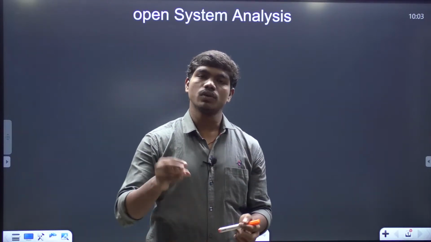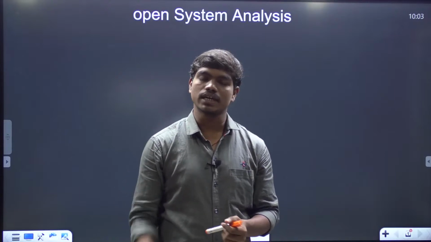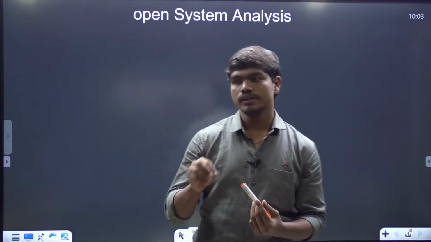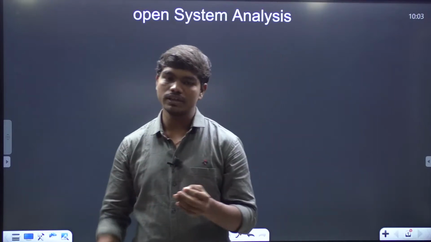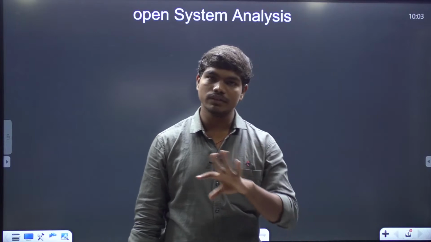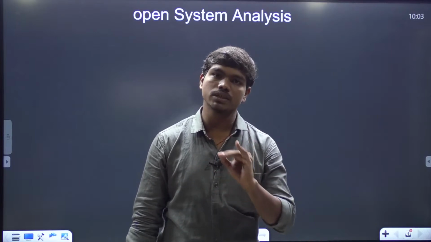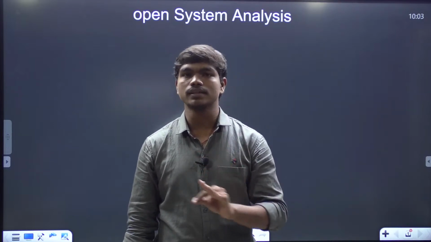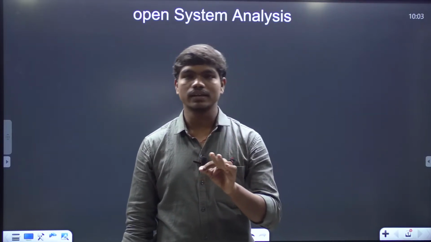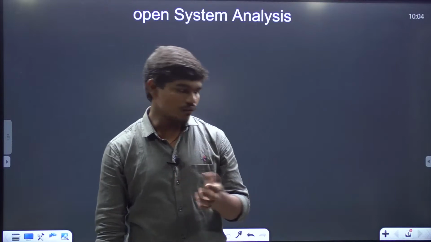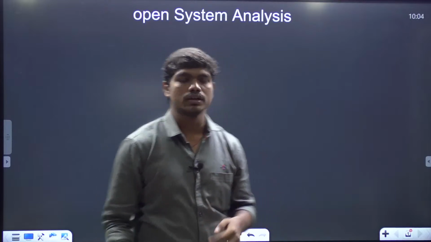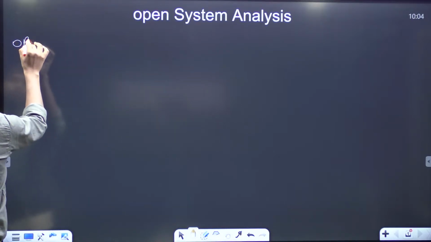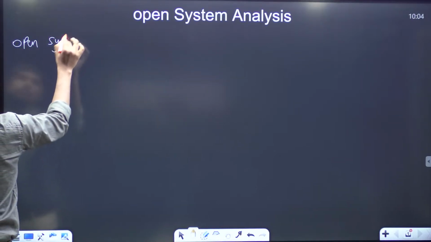Basically, when only internal energy is the energy contained by the system, we define all these things. Correct? For the energy of a system, we defined internal energy, which constitutes all the microscopic energy within the system, plus kinetic energy, plus potential energy. These three are the major kinds of energies interacting with a system. Correct? So now we'll start our definition from that point. What is an open system? If you recall quickly, an open system